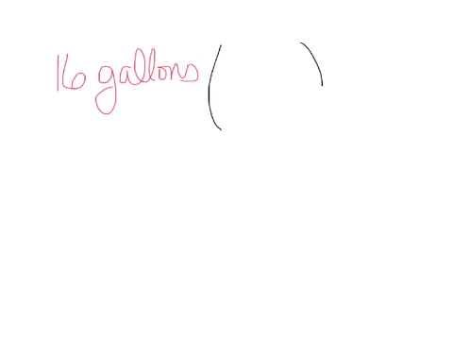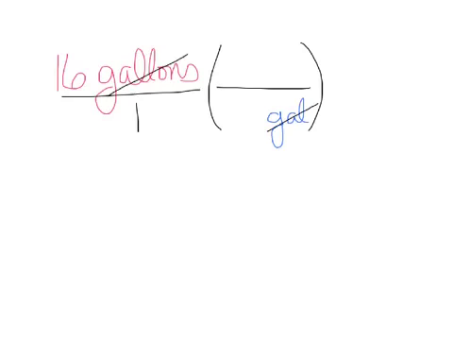How is this used? Take the problem where I have 16 gallons again. I'm going to start off with that measurement. I am going to multiply it by some fraction. The 16 gallons is really over 1. I want to get rid of the gallons, so what I'm going to do is put it on the bottom so that way it crosses off. Since I want to know how many quarts there are, I can fill in the rest. That I know that there are 4 quarts